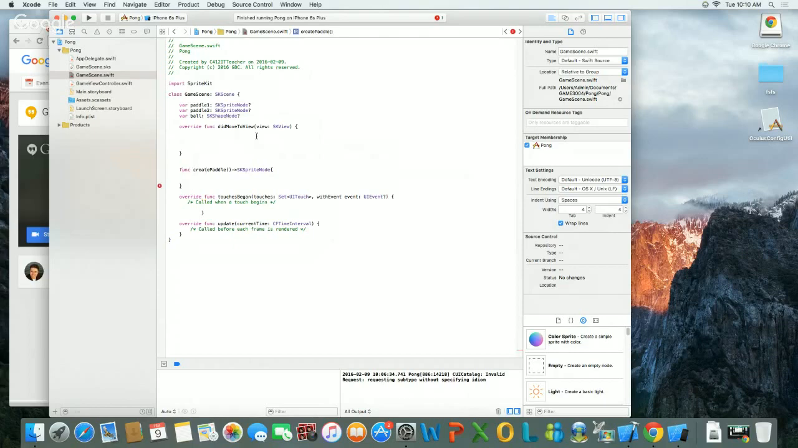Now the question is, what do we need to create a paddle? Do we need any parameters? Well, yeah, it depends, right? If we want to hard code width and height and position, we don't need anything. If we want to create a method that is flexible, that allows you to create any kind of paddle, then